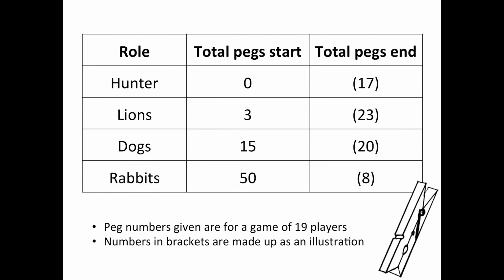So when we come back into class, we complete a table that looks a bit like this. These are the total pegs for those groups of animals. I've just done a mock-up of the numbers in brackets, but it usually looks something like this. So the pegs, of course, start off at the bottom with the rabbits, and they slowly move up. As someone said the other day, it's the trickle-up effect. And usually there are one or two rabbits who are really fast runners, or good at hiding, and they manage to keep most of their pegs.